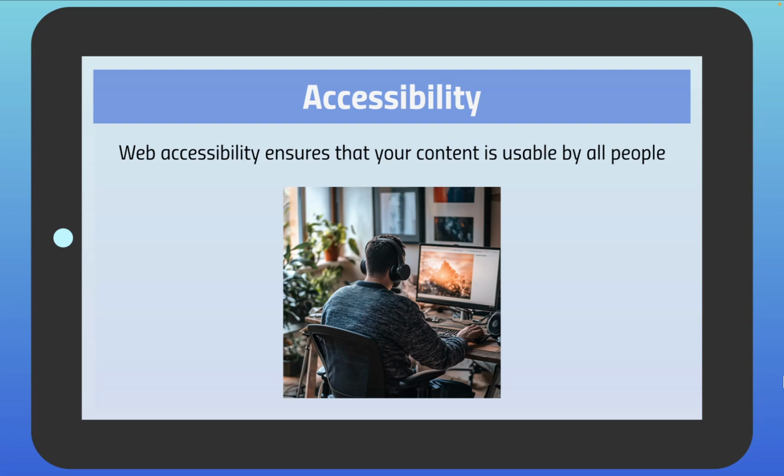Web accessibility ensures that your content is usable by all people, including those with disabilities. It focuses on usability and adherence to standards like WCAG, or the Web Content Accessibility Guidelines. WCAG is a globally recognized set of guidelines developed by the World Wide Web Consortium, or W3C, to make web